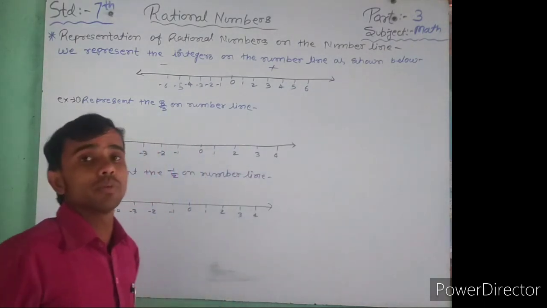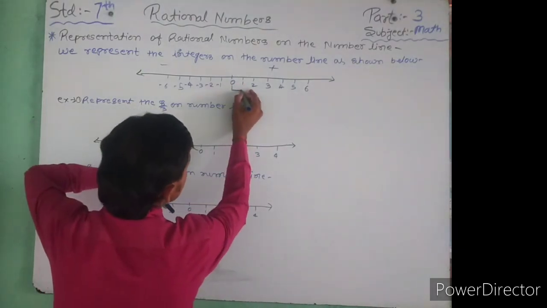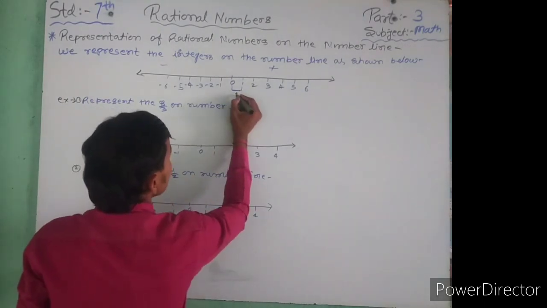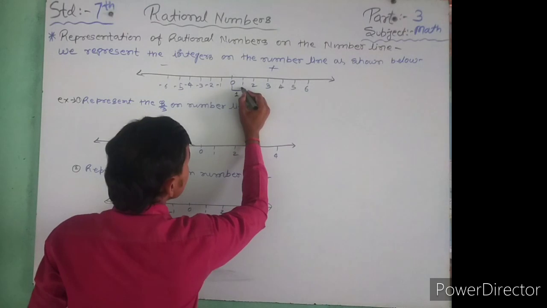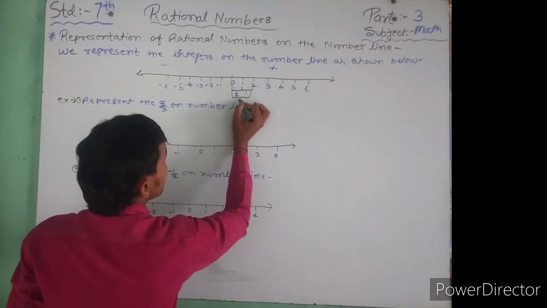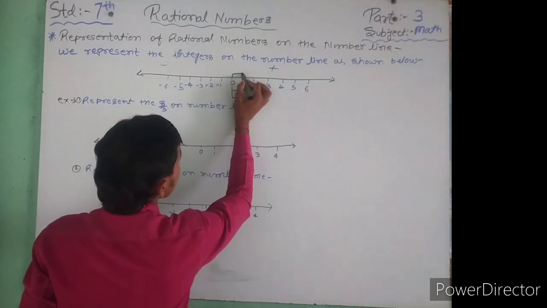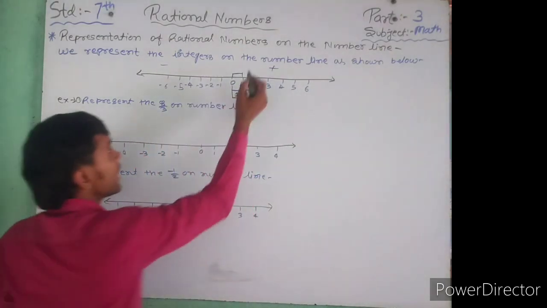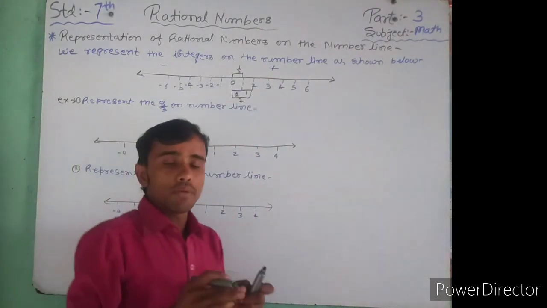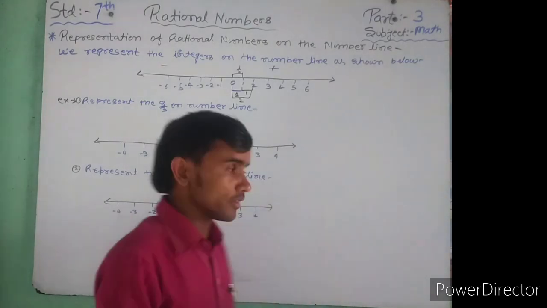And if we have any number, how do we represent it? My dear students, see the gap between 0 and 1, that is a total of 1. Between 1 and 2 is also 1, so 0 to 2 is 2 units. Another thing: if you divide 0 to 1 into two parts, that point is 1 by 2. If any question is asked in this form, you can represent the number like this.